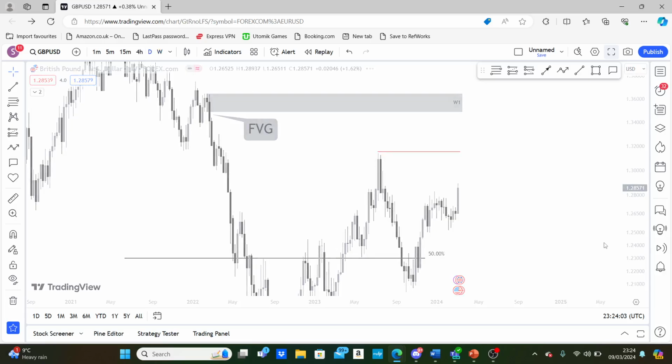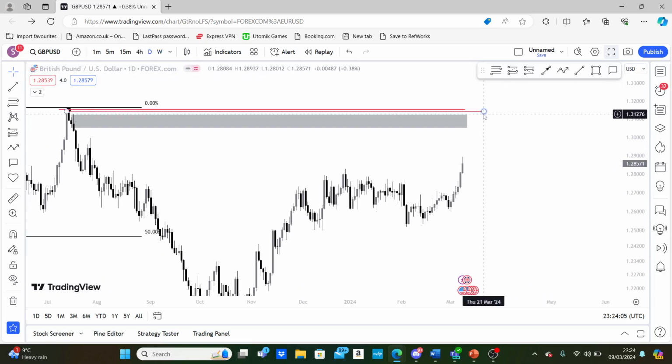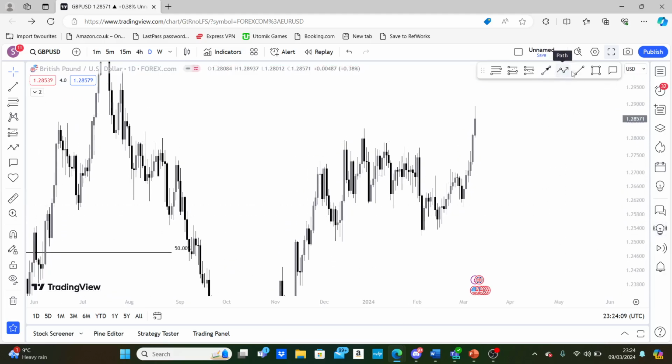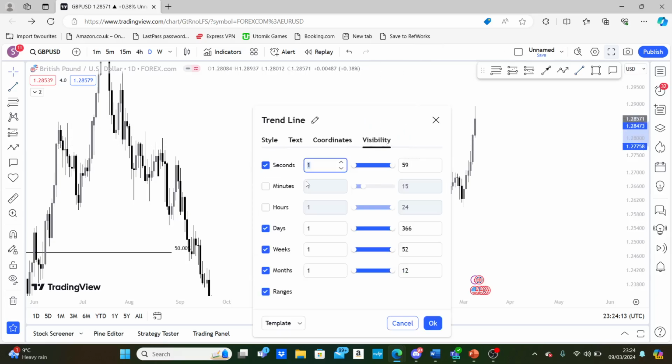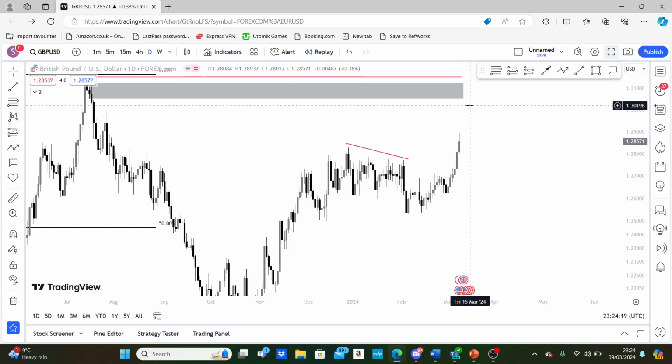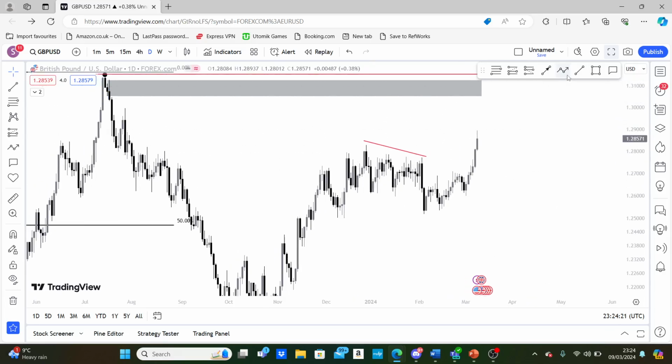Okay, the daily time frame paints a very similar picture where what we've had over here is we had price initially to start the year, very difficult pair to trade. So we had price deliver a very large trend line over here, but ultimately the inefficiency is all the way up here in price. So I expect price to give us a nice healthy slight retracement, but ultimately higher to